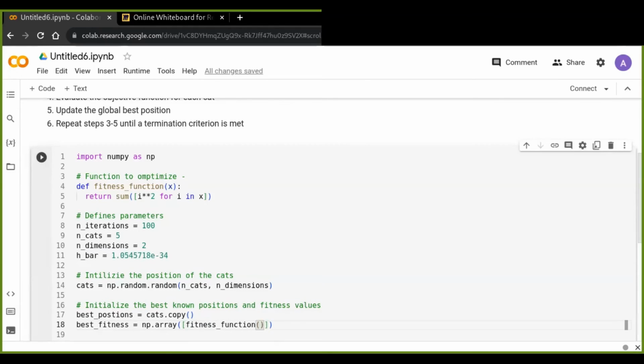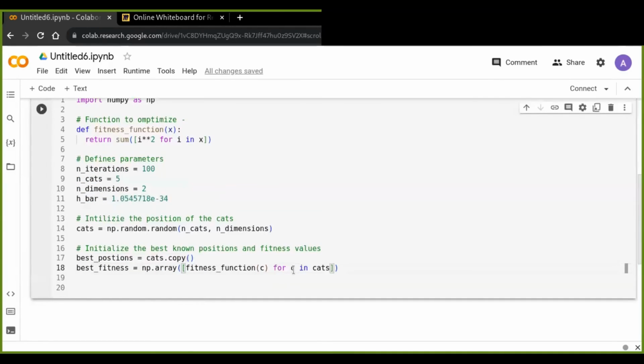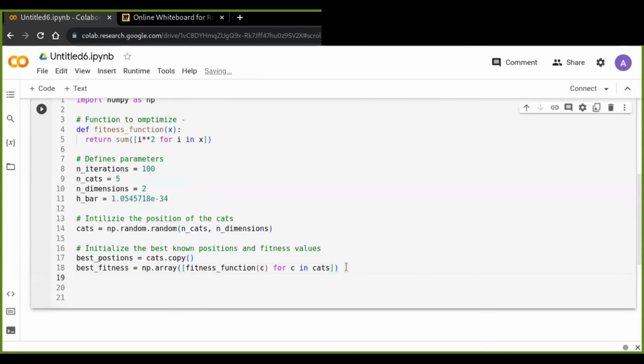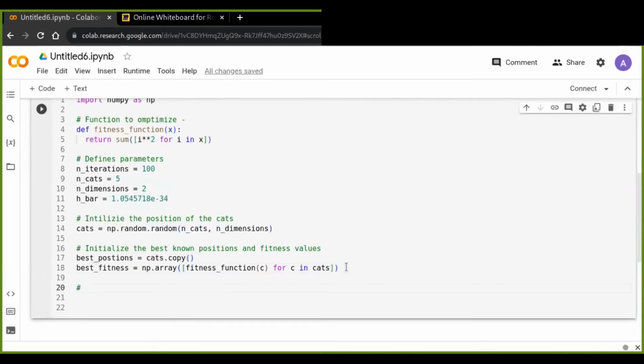Okay. Here we just pass C for every cat, which means in the cats. So that would be iteratively select the best fitness. Okay, that's the function optimization. Okay, now so far so good, and now we are going to define the main optimization